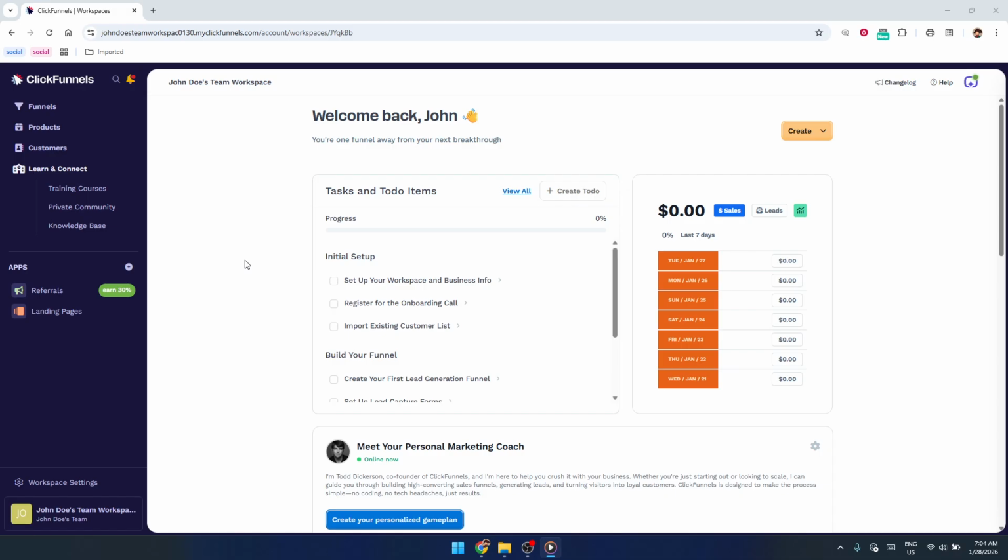First, once you're logged into your Clickfunnels account and you're on the main dashboard, look over to the left-hand side of your screen. You'll see a vertical menu. In that sidebar, find and click on the option labeled Products. This is the central place where all of your offers live, and it's where you'll manage everything related to what